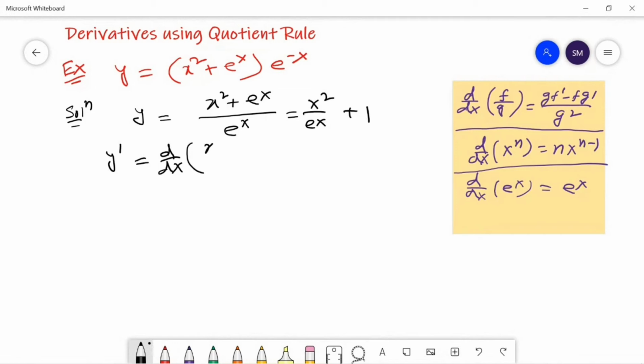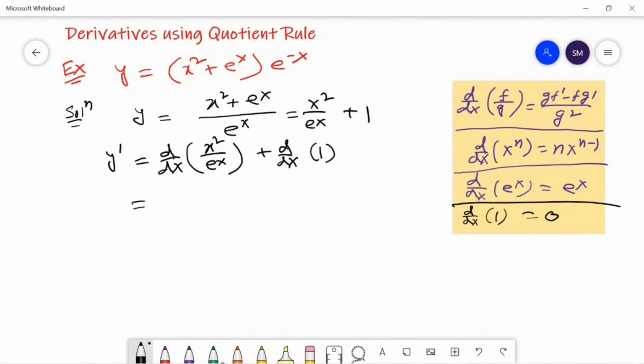over e to the power x plus 1. Now we will take the derivative: d/dx of x square over e to the power x plus d/dx of 1. For the first one, x square over e to the power x, we will apply the quotient rule, and we know that the derivative of 1 is equal to 0. So applying the quotient rule, we have e to the power 2x, e to the power x as it is, derivative of x square, minus x square, derivative of e to the power x,